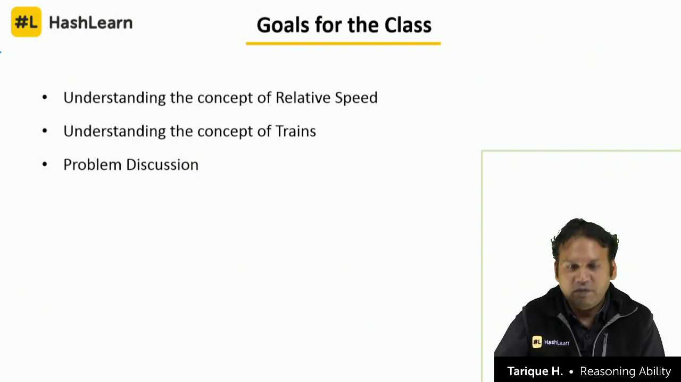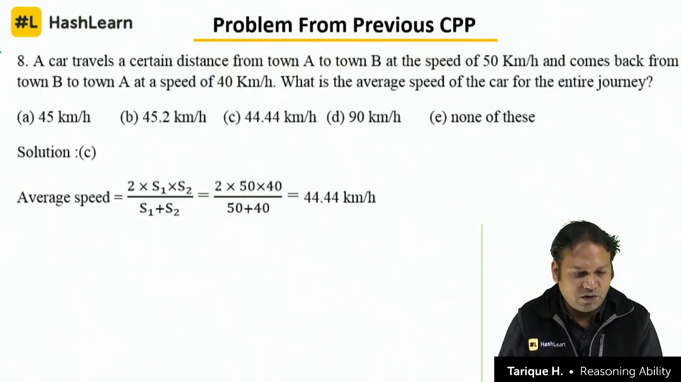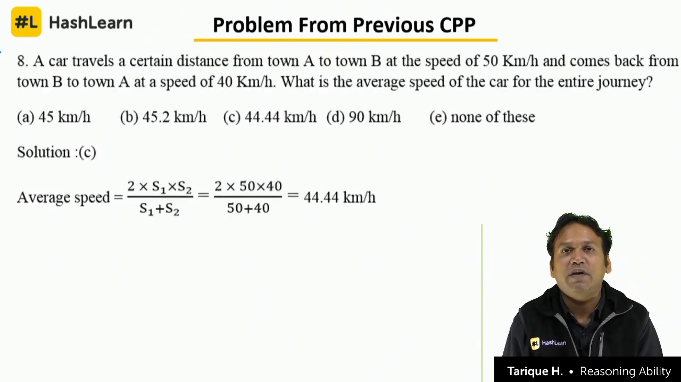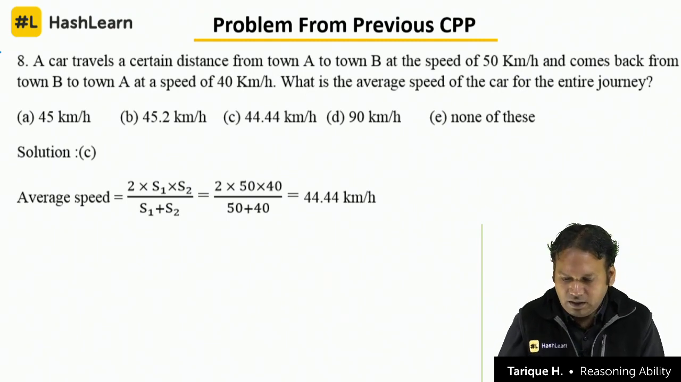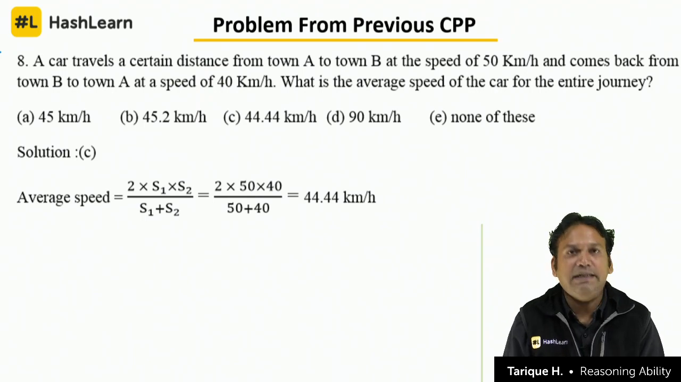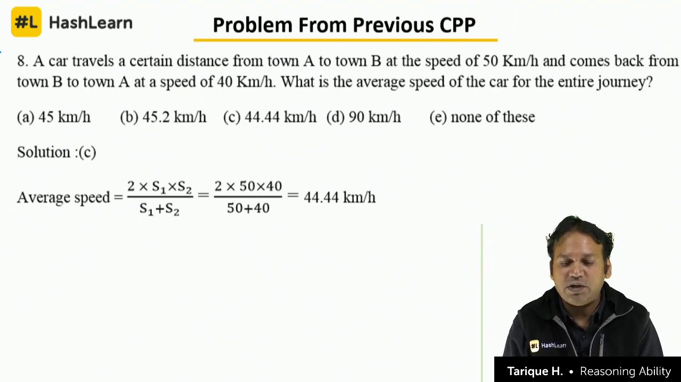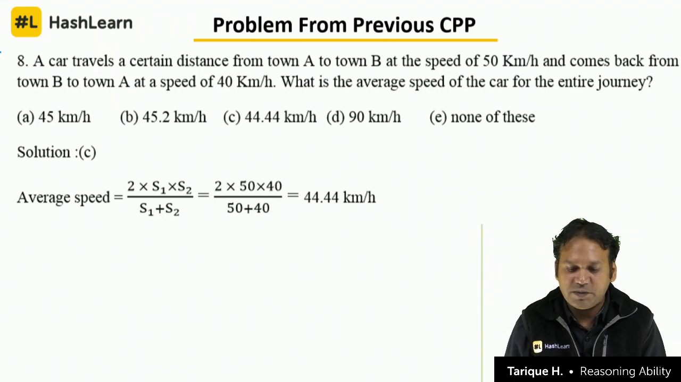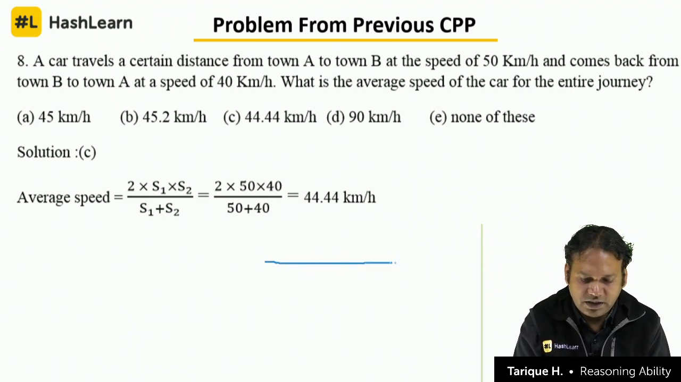Okay. Now before we begin the class, we will first see the question from the previous CPP that most students got wrong. From the previous CPP of speed, time and distance, this question was there: a car travels a certain distance from town A to town B at a speed of 50 kilometers per hour. If you see, a car is traveling, let's say the car is going from town A to town B, and while going from town A to B, the speed of the car is 50 kilometers per hour,